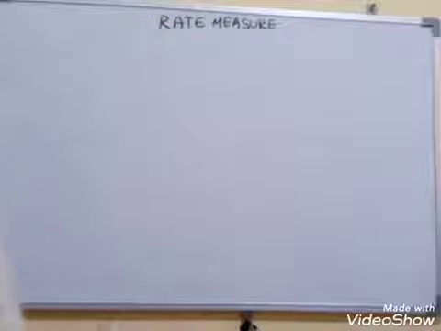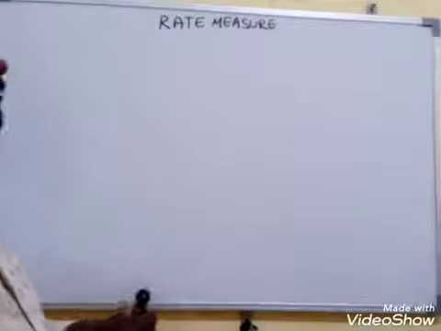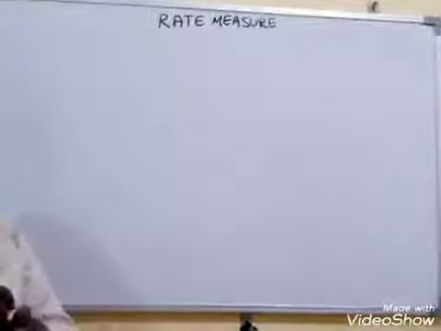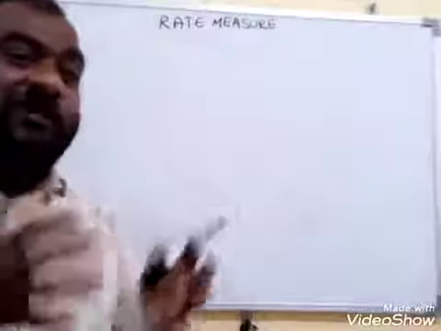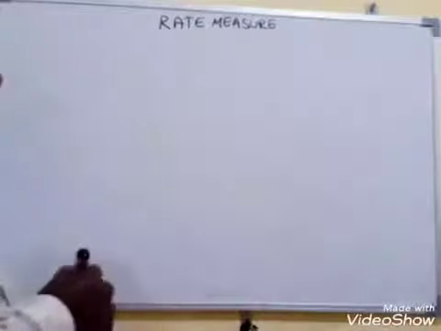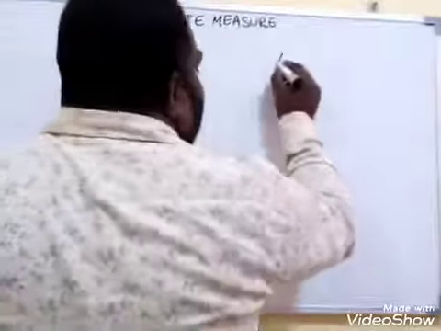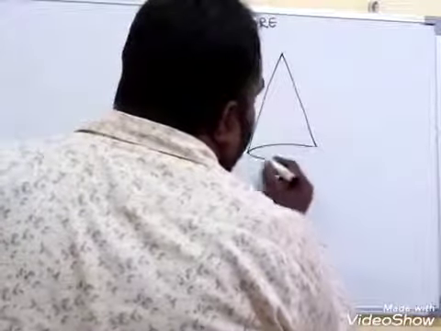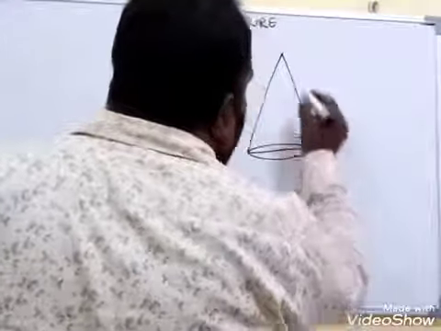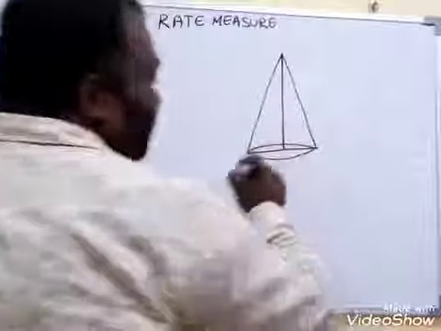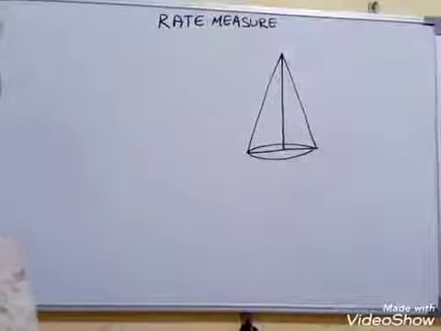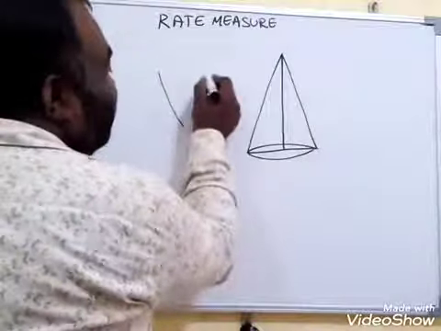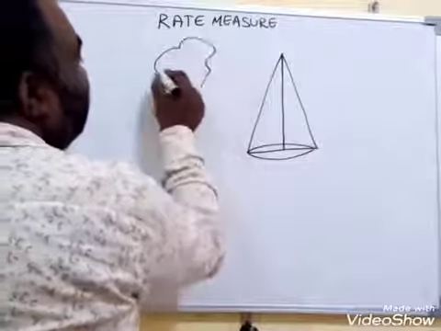Now before going to another problem, I am discussing the cone. What is a cone? In your daily life we use the word cone in the opposite meaning. Actually, what does cone mean? This is the cone, the conical shape. Usually you say, give me a cone ice cream. How will they give it? They are going to give this as the cone ice cream.